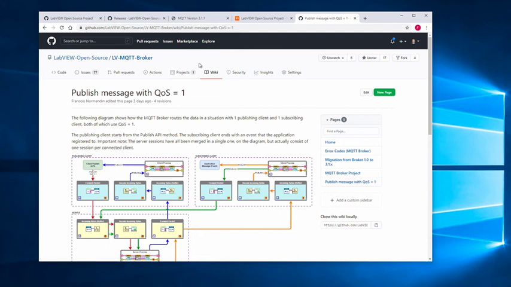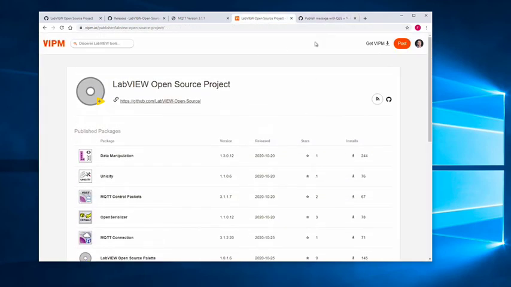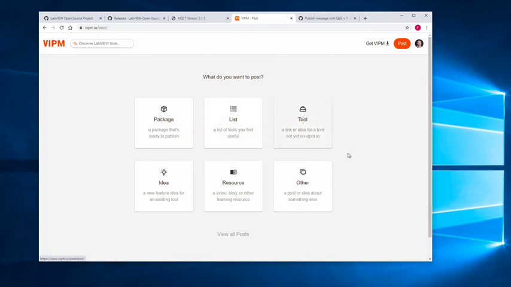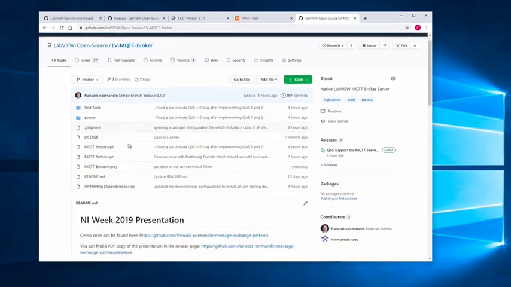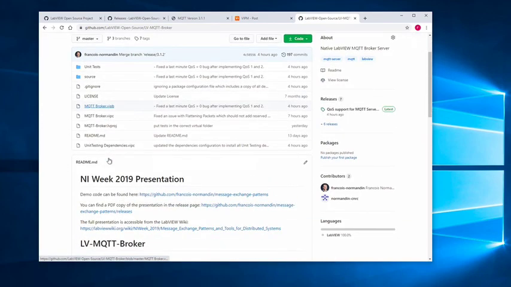Otherwise, another way to contribute to documentation is, on the vipm.io, there's a way to post resources if you want. So if you have a video or blog or anything that you want to reference to a package that already exists. So this is definitely where you will find these videos that you're probably watching right now. So they will make it into this resource page, but also in either the README part of the project, or